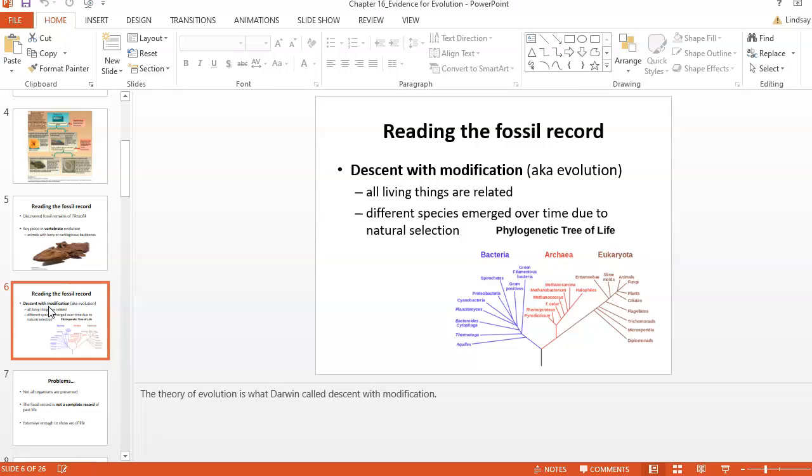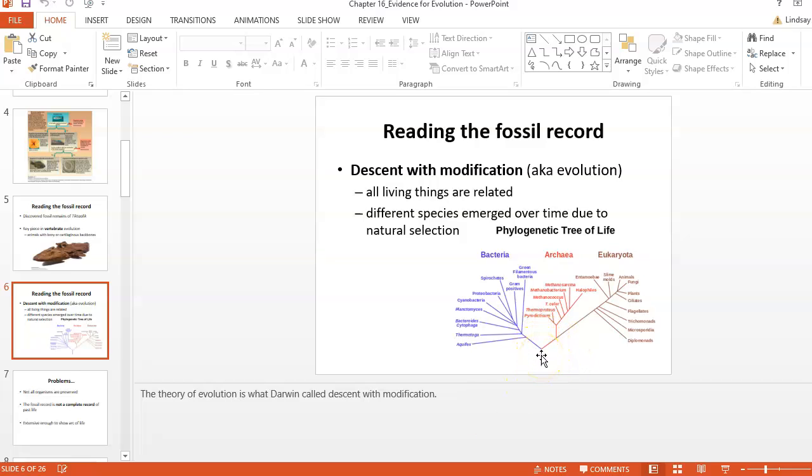All right, so you guys have all heard about evolution. Evolution is just change in populations over time. And whenever Darwin was working out this theory in his own mind, he referred to it as descent with modification. So basically, all living things are going to be related, and you'll have different species that are being pressured by natural selection, the environment, random events. And eventually, you're going to go from a single ancestral species, which, if you are looking at this tree of life here, is going to be right there.